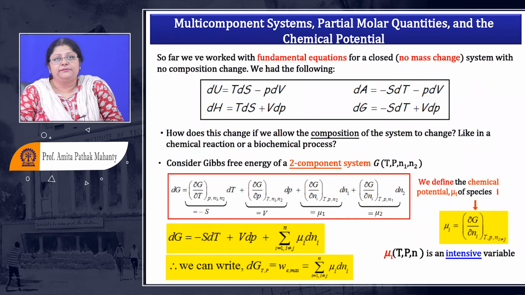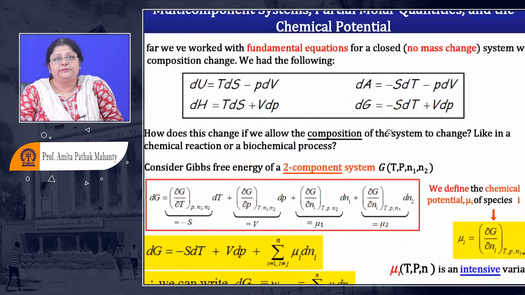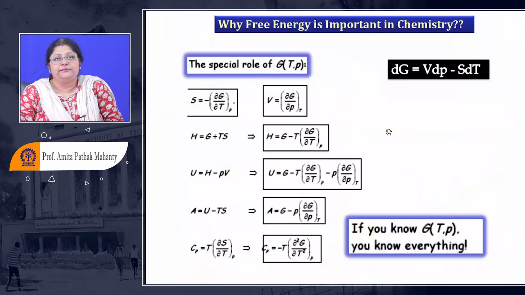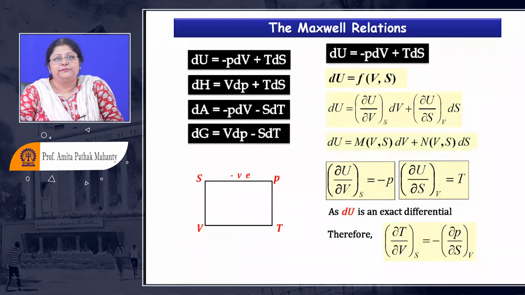Anybody who's not with me in this? This is the fundamental equation which we are coming to. Remember when we had done Maxwell's relations, we had said that if I can write down the total differential in this form, then this is the first differential which we have. This is going to be represented as M, and that is going to be equal to the first term which we are having here for the corresponding fundamental equation.